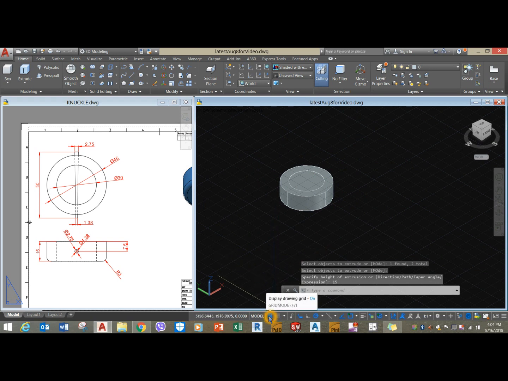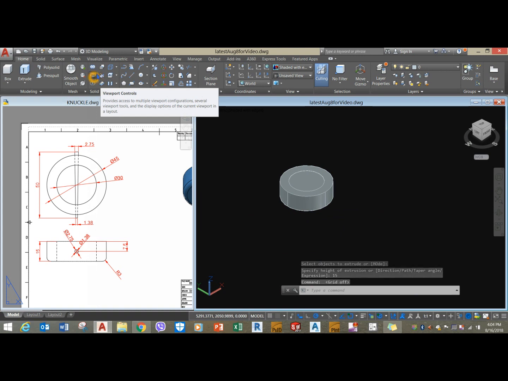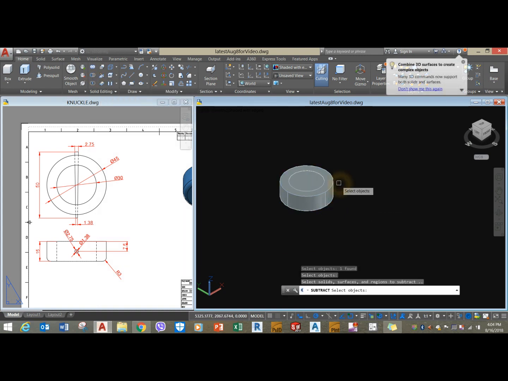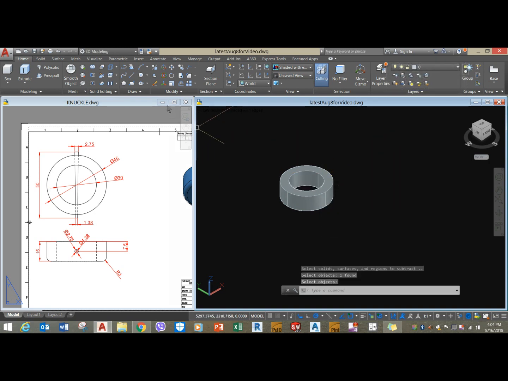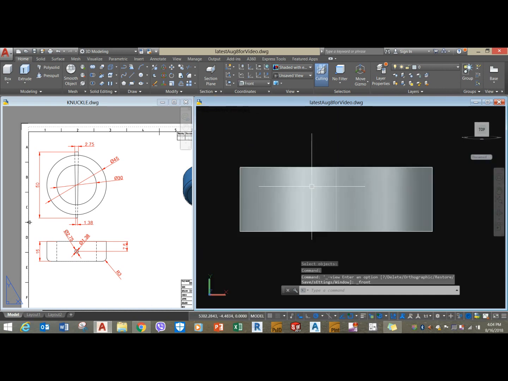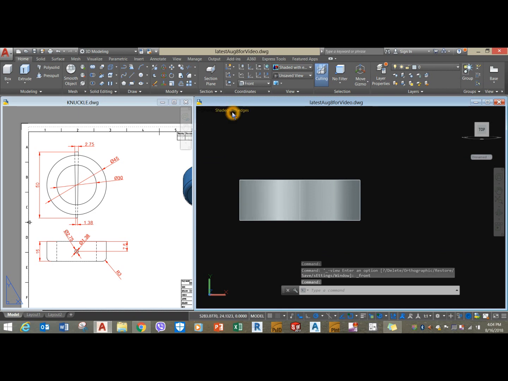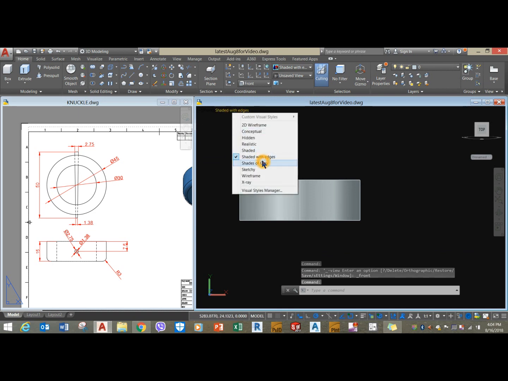I'm just gonna turn off the grid. I'm gonna remove this one by using subtract command from the ribbon. Bring the drawing to front view. I'm just gonna use wireframe,